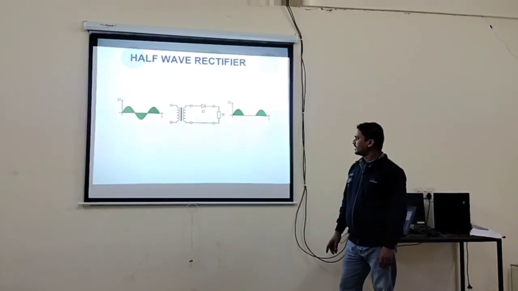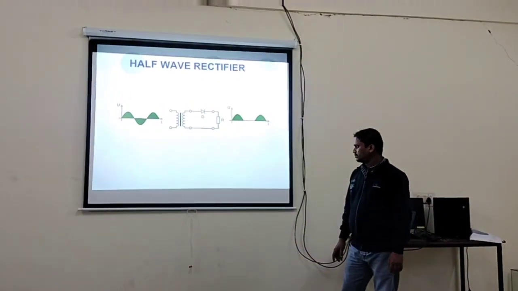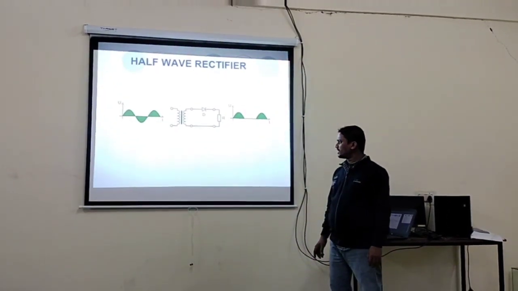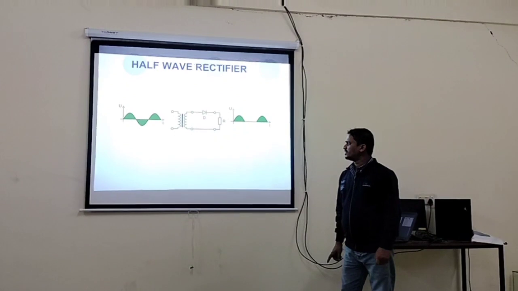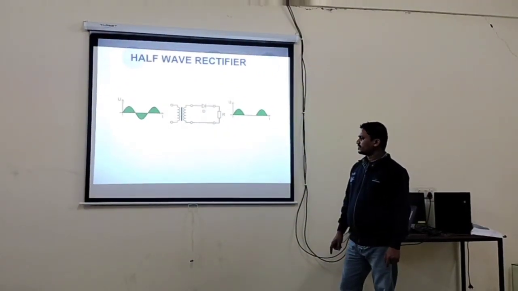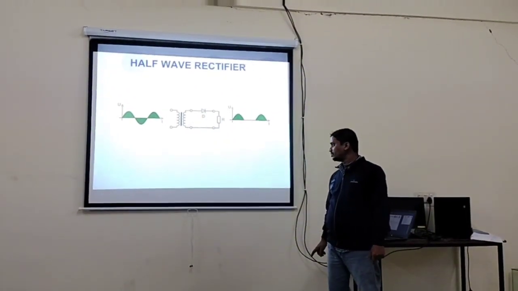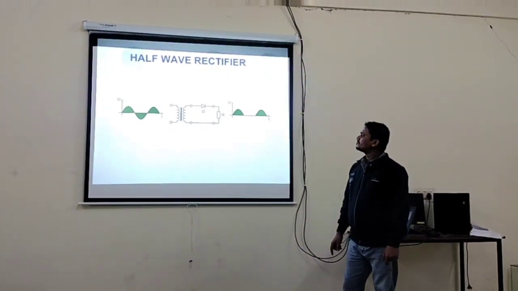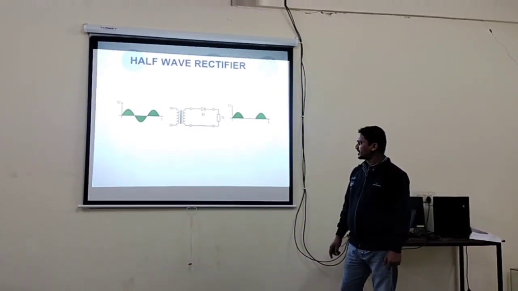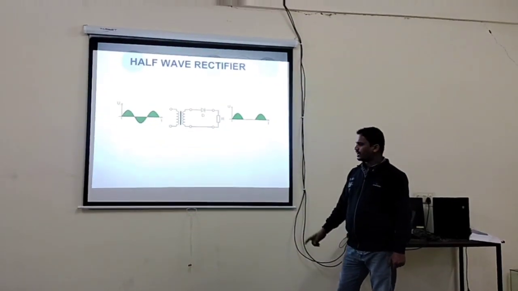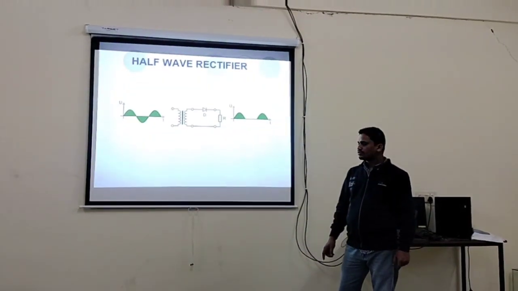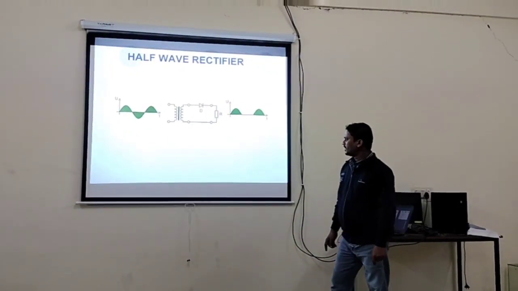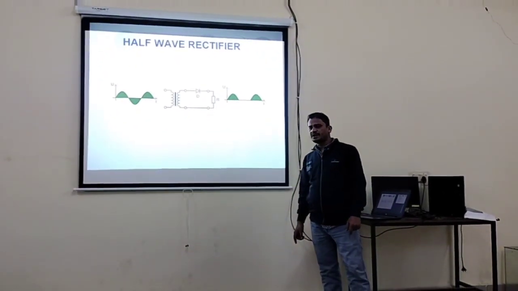In this diagram, one step down transformer is used. First, the input signal is given to the primary side of the transformer, and the current transfers from primary side to secondary side. There is electrical isolation between them, so the current transfers from input side to output side. First, positive half cycle is given to the transformer circuit.